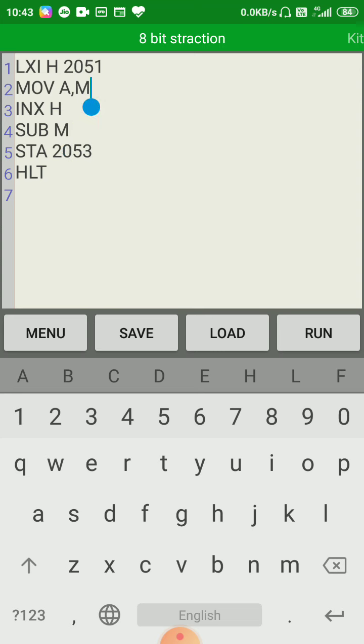So we use accumulator for all the arithmetic operations, and data is accumulated in the accumulator unless we move it to a memory location for storage.